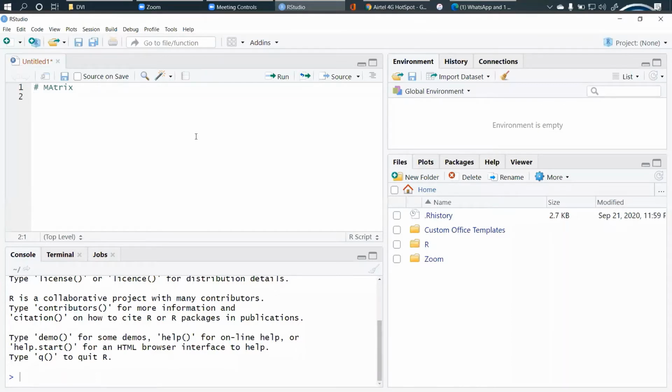So let's see how to create it. As we saw how to create an array, similarly we'll see how to create a matrix. I'll take a variable to store it as mat, and I'll call the function matrix. We will use a vector, so we will concatenate all those elements.